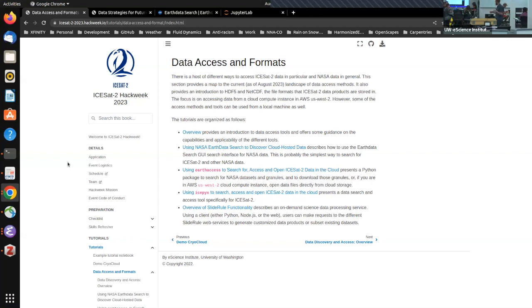A lot of people have collaborated and contributed to this. I'm going to kick off. I'm going to talk about some data access and a little bit about the format of some of the ICESat-2 data in a very general sense. Then I'm going to talk about some tools that we use to access and work with some of the ICESat-2 data. And then I'm going to hand over to JP here. He's going to talk about SlideRule, which you were introduced to